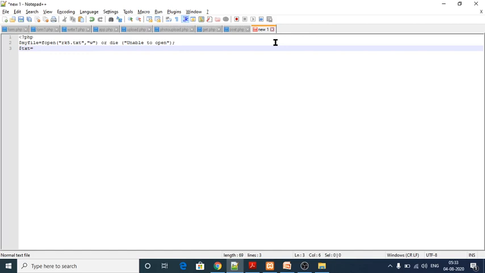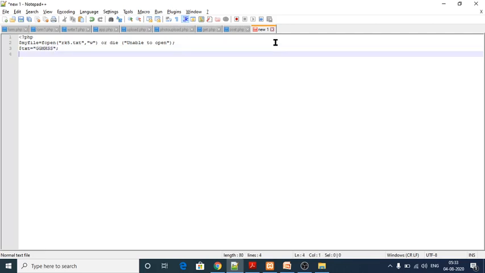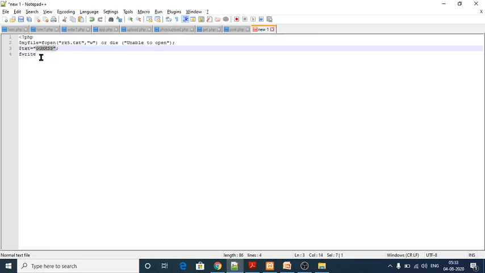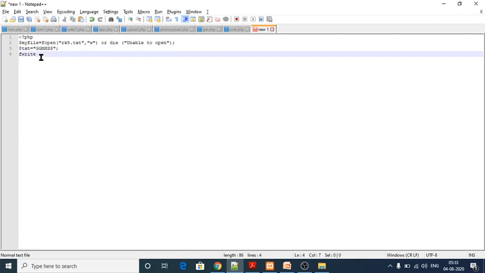Within that I have to give a message, gmhss. And next is fwrite. Fwrite is for writing the text message what I have given within txt. That would be written by this function fwrite within